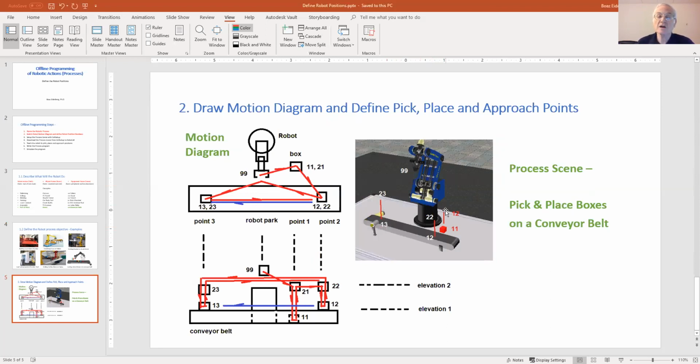It comes to position 2-1. It's an error here. This position should be position 2-1. And then it comes down to its pick position 1-1.